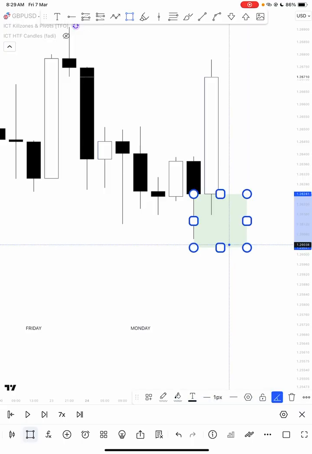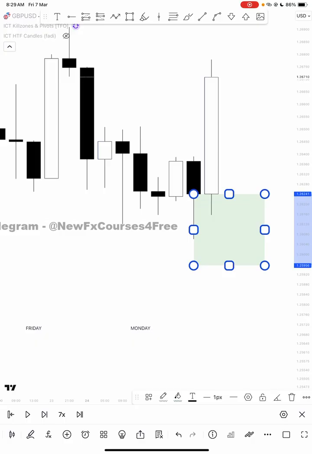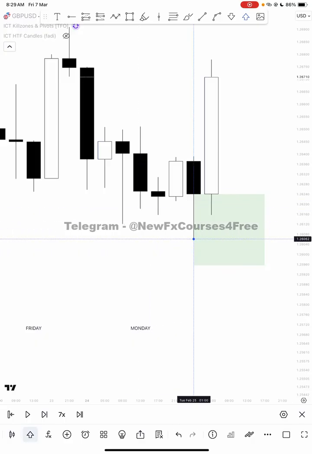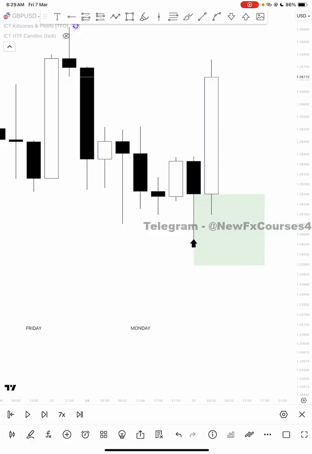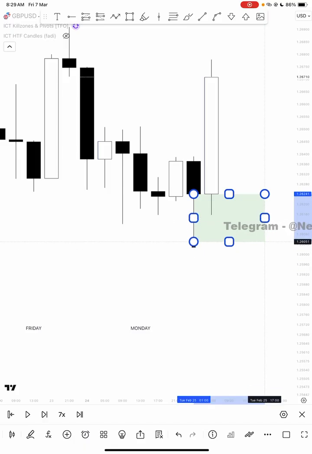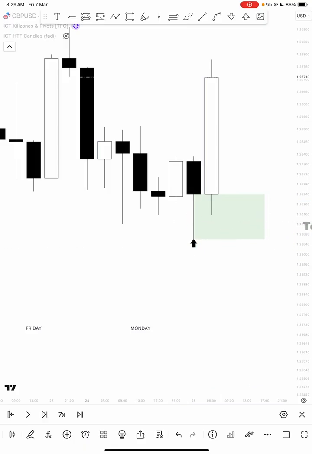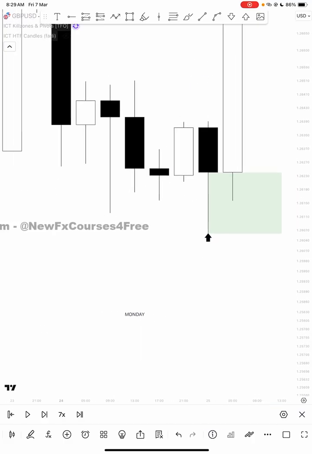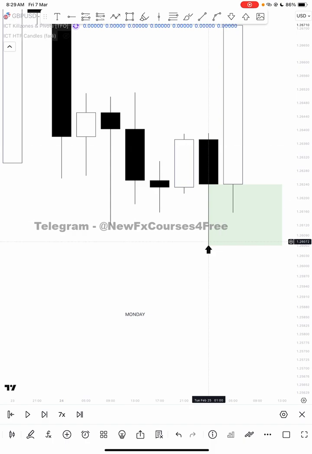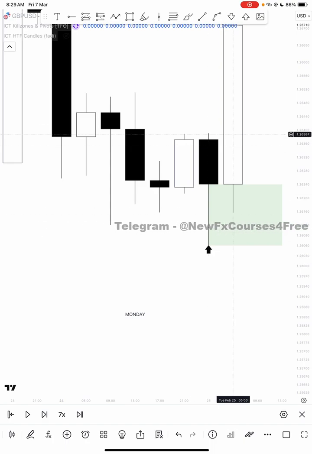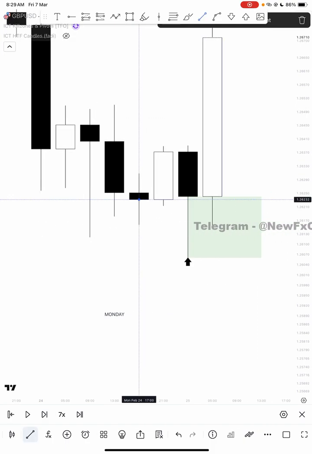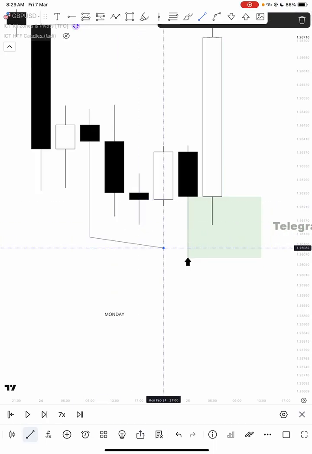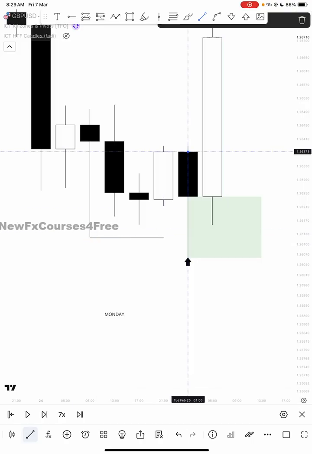So this 4 hour candle over here, that's what I'm gonna use. Something you should know, every candle gives new opportunities. So here you got your open, and this is your 4 hour opening price, and you got your liquidity. Monday's low, which was swept by Tuesday,